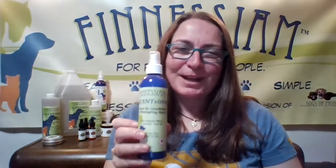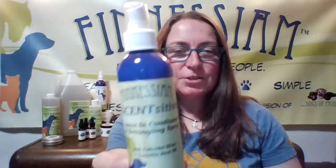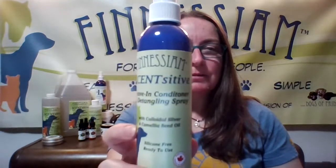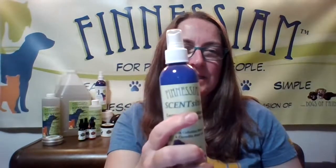It's the third and, well, final for now product to do with the Finnessiam grooming line, and it is the new and super improved version, as we had to change our formula halfway through creation due to not being able to get some ingredients. But it's our leave-in conditioner and detangling spray. It's an addition to the Finnessiam sensitive line, so whenever you see sensitive, it's going to be scent free. And it's also formulated to use on sensitive skin and coat,